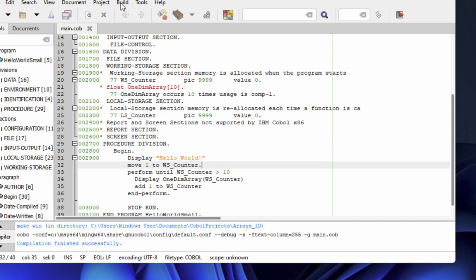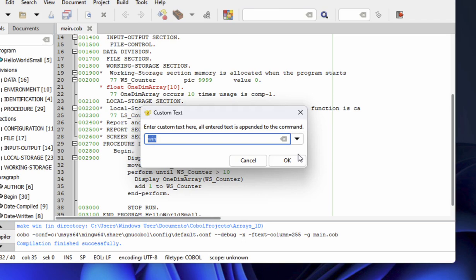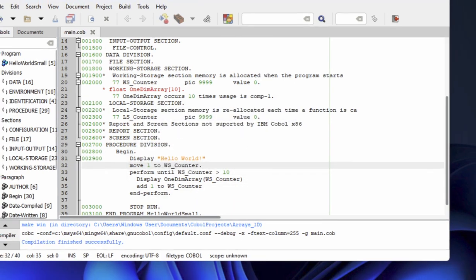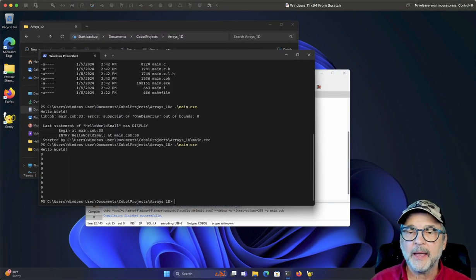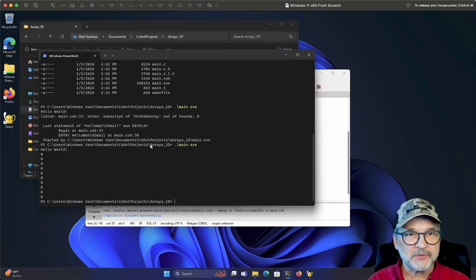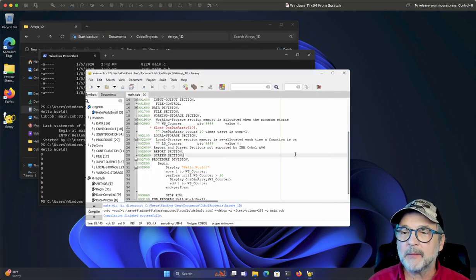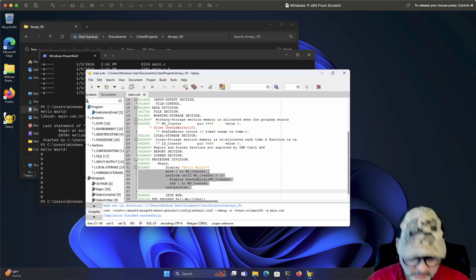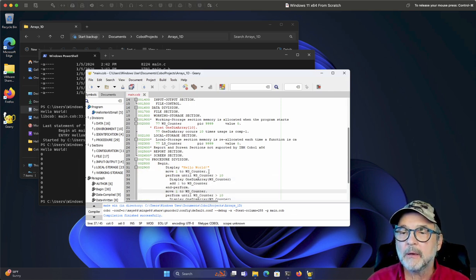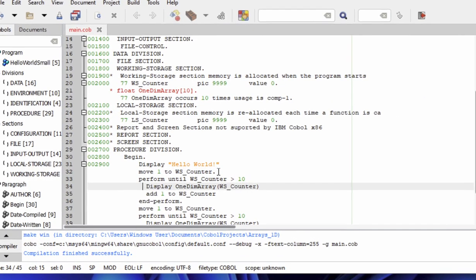Let's go ahead and build that. And now it works fine. Okay, now there's just strange data in there. I mean, right now it's all zeros. Let's go ahead and create another perform. So I'm going to go ahead and copy this. And I'm going to say move WS counter to